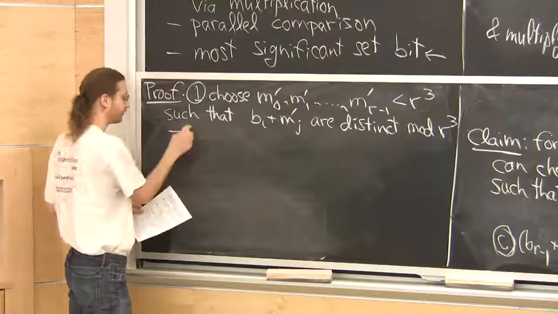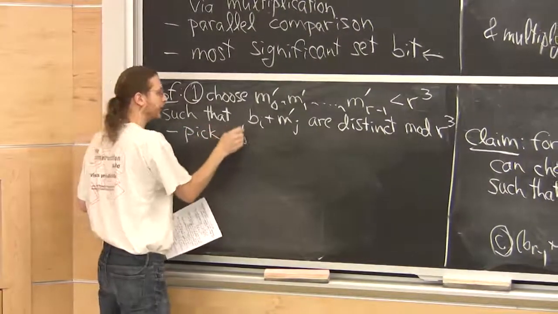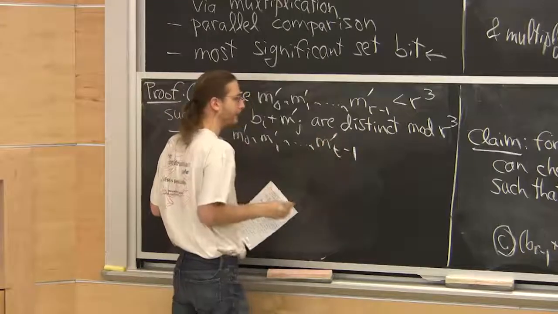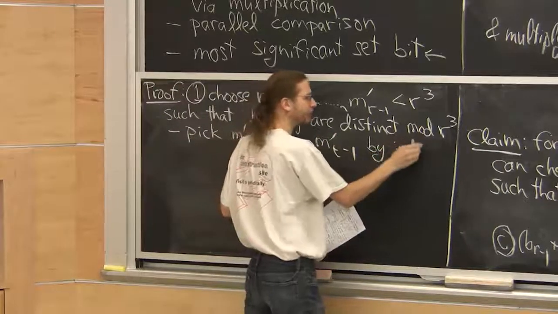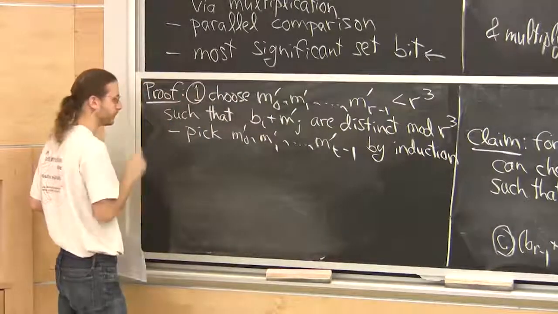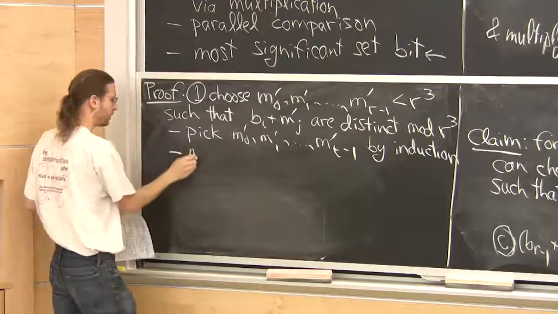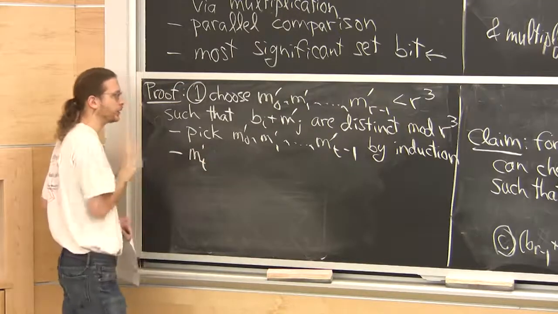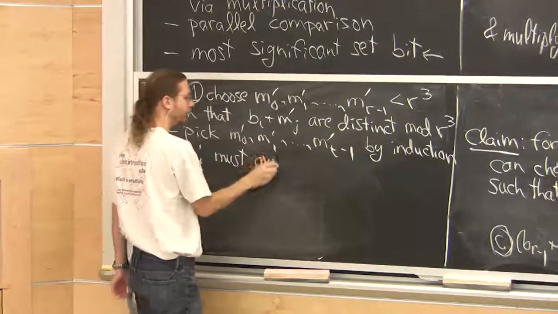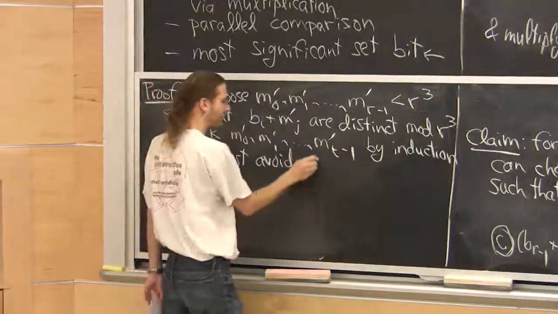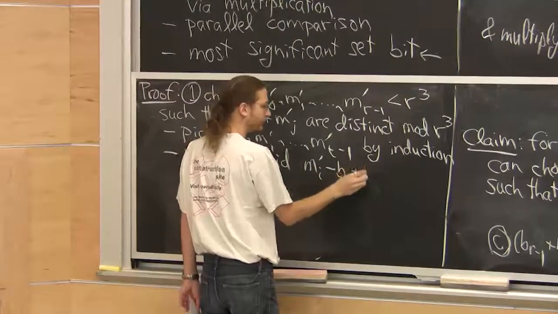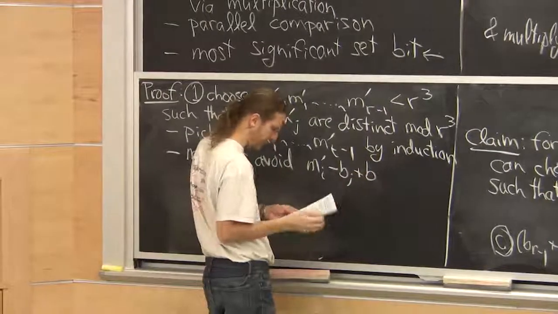By induction. So let's suppose that we've picked m_0 up to m_{t-1}. So suppose by induction that we've done that. And now our goal is to pick m_t prime. Okay, so how do we choose m_t prime? Well, what can't it be? m_t prime has to avoid basically m_i prime minus b_j plus b, I'm going to call it b_k, so different k,